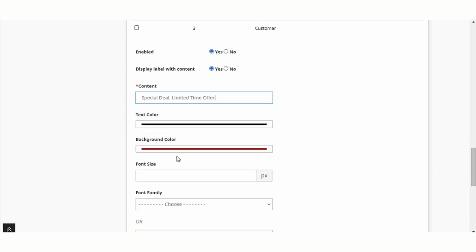From these fields, a seller can set the color, background color, font size, and font family of the text.